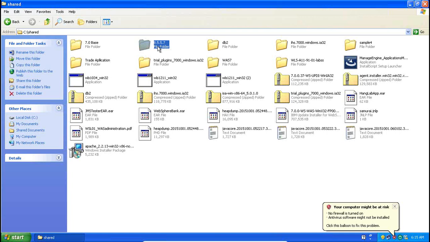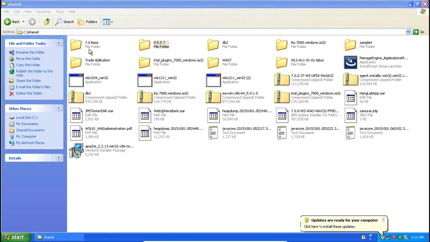So in future, you may work with the 7 also, because most of the organizations are still using 7. They are not migrated to 8.5.5. So it is better to know a bit of 7 also. That is why I'm suggesting you see standalone installation at least on 7. ND anyway, I'll share you the software. If you have interest in ND also, you just go ahead. But I'll show you 8.5.5. Fine guys, everyone.